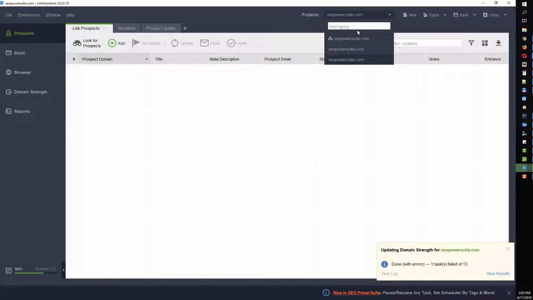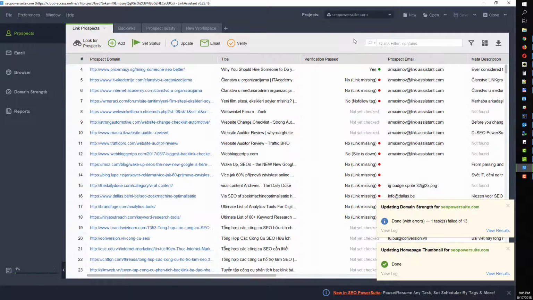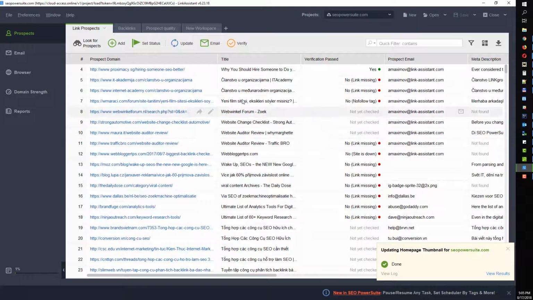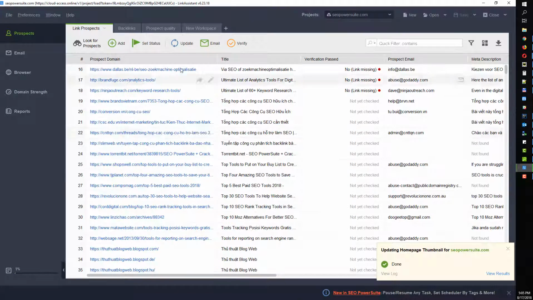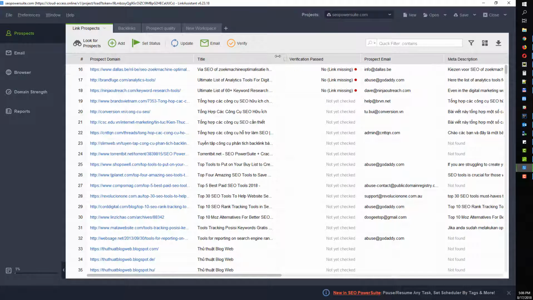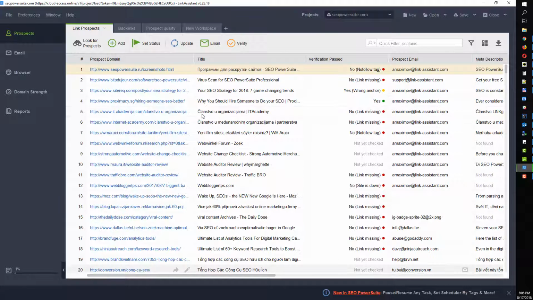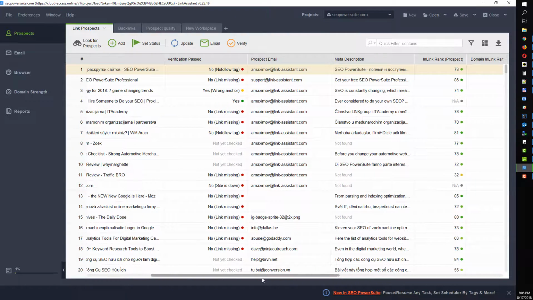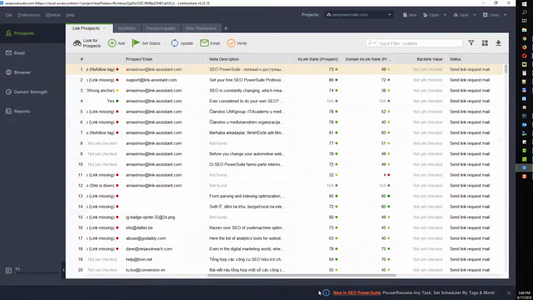As soon as it finishes, it will provide you with the list of partners that have been found. Now you will have the exact URLs, and we'll also be able to check the page title of the partner, and also check every partner for a list of different factors, such as the in-link rank, domain in-link rank, then